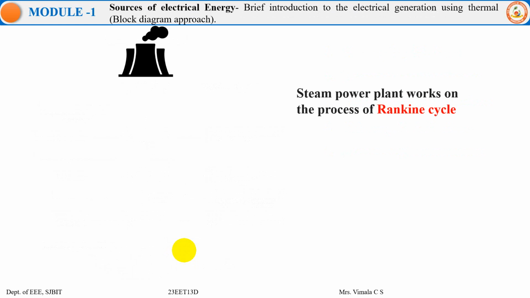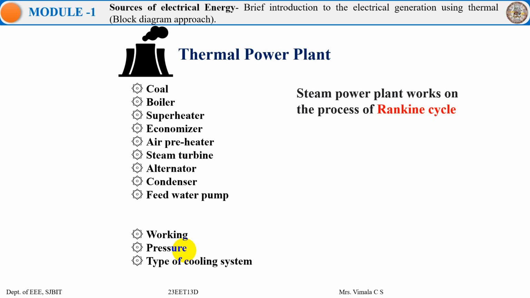So coming up to the sources of electrical energy, how the electrical energy is being produced. Let me take up the first approach using a thermal block diagram approach, where steam is used to rotate the turbine and the electrical energy is produced. Steam power plants work on the process of Rankine cycle, where the thermal power plant requires the basic